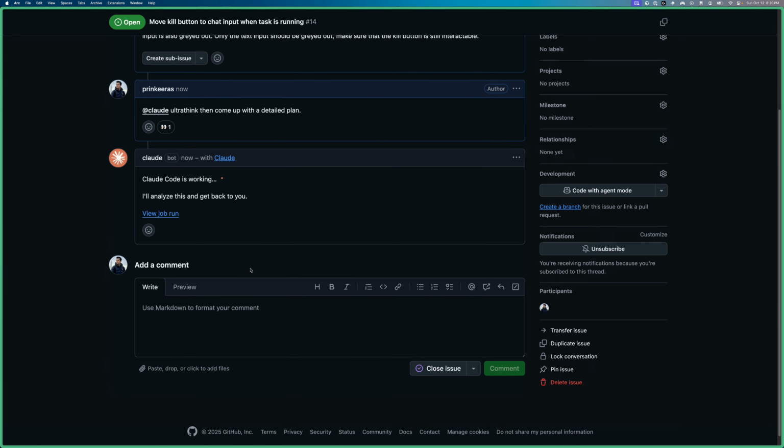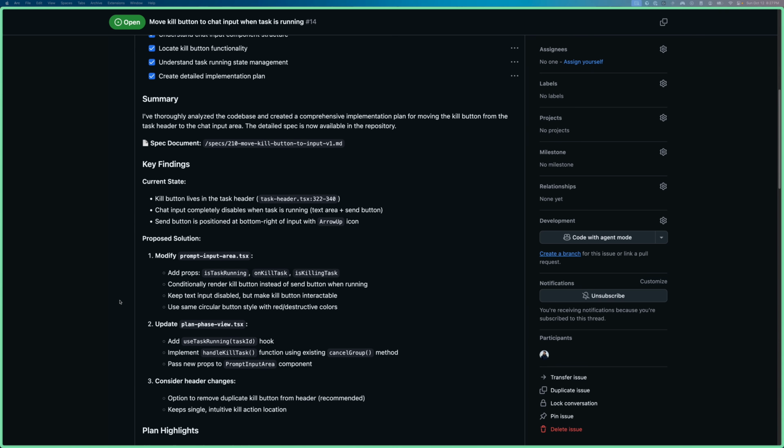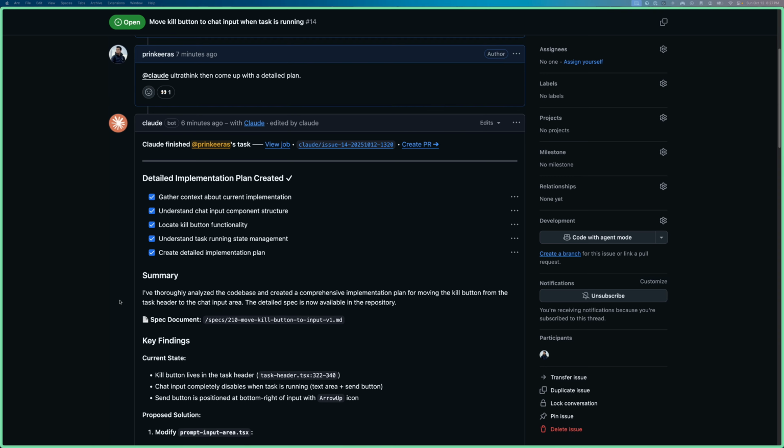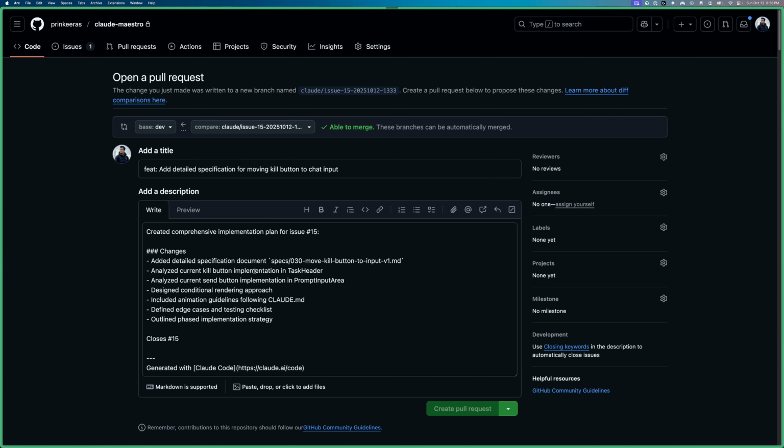It seems like no one is talking about this, but did you know you can run background tasks with Claude Code on GitHub and you don't even need to pay anything extra if you already have a Claude Code subscription. If you're curious, stay tuned because in this video I'm going to be going over how I set up Claude Code on GitHub, how this all fits in my workflow, and what are the pros and cons of using this